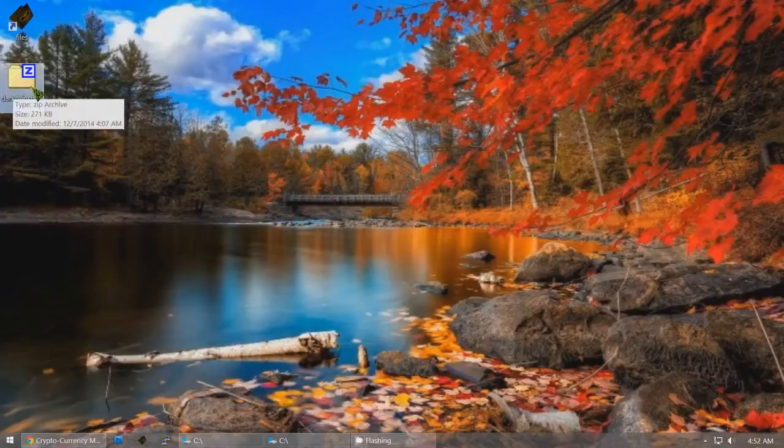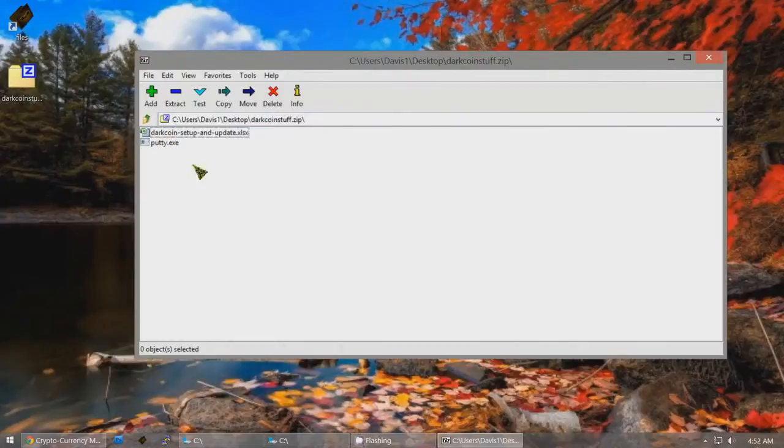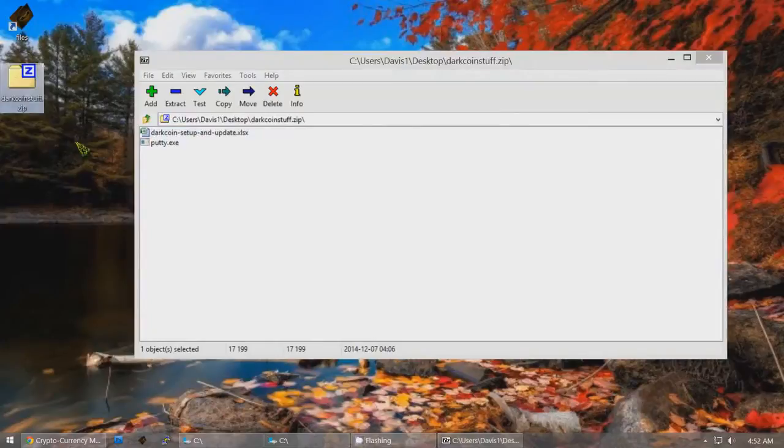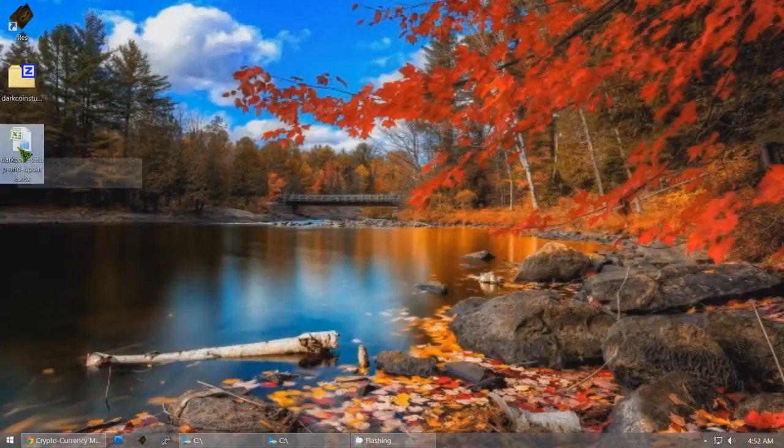So you need this file that I've created called darkcoinstuff.zip, and there's a link below this video to download this file that I made. Open up this zip file, and inside you see I've put the program Putty, in case you don't have that program. I've also got the Excel file called Darkcoin Setup and Update. So you want to open up that Excel file,